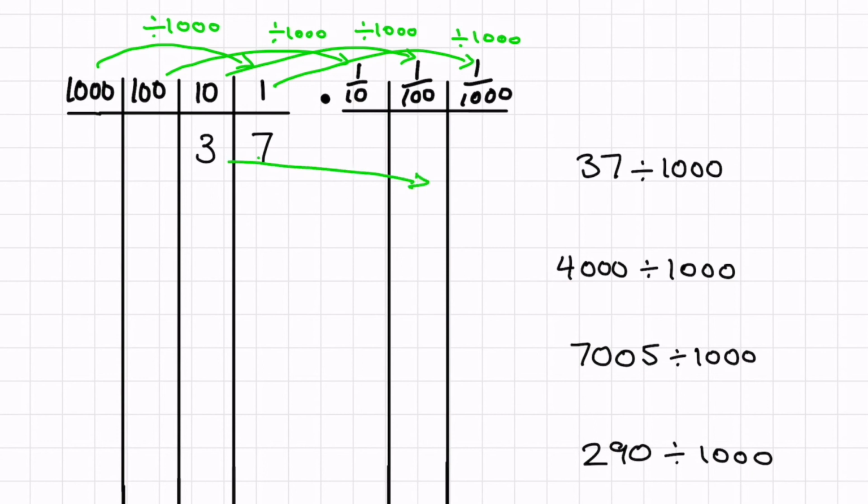in the hundredths column. So our 3 has ended up here. And the 7 follows suit. The 7 must follow on afterwards. And so the 7 has gone from the units column into the thousandth column. We now need to show that that's 3 hundredths and 7 thousandths. So we need to put the decimal point in. We need to put a nought in to show that there are no tenths. And we put a nought in the units column. So we now have